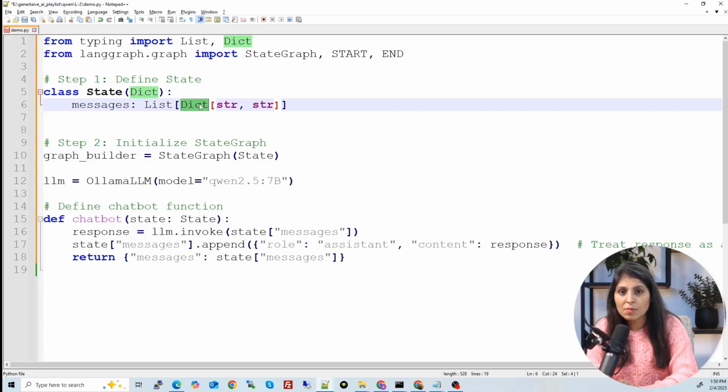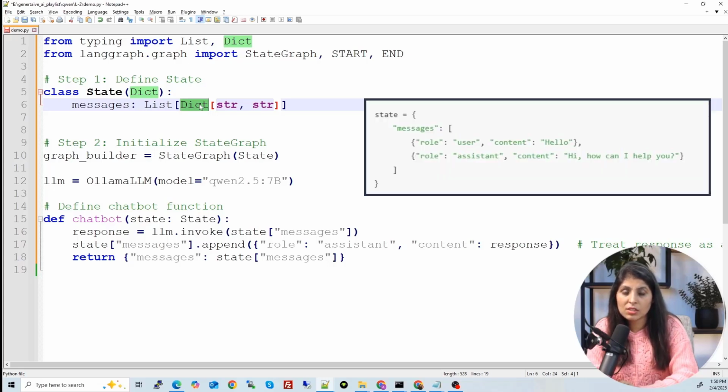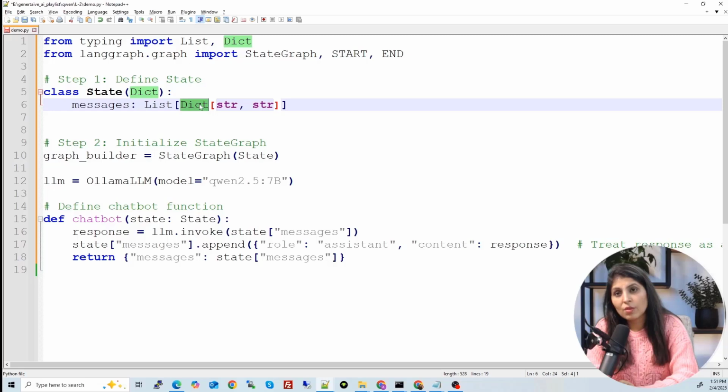Means each message of the user will be stored in a separate dictionary and each message from the bot will be stored in a separate dictionary. You can see in this picture, the user message is in a separate dictionary and the bot message is in a separate dictionary. So we will keep on storing all the messages like this, and all these things are getting stored in messages. So this is the memory of the bot.